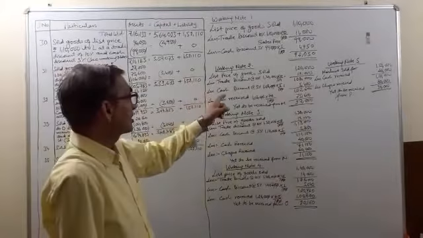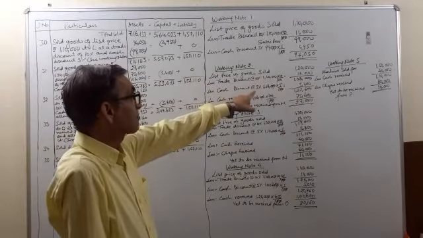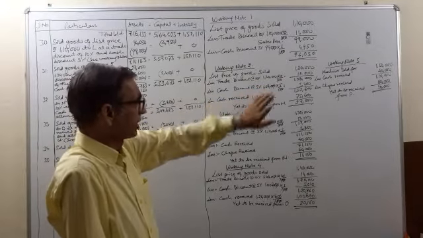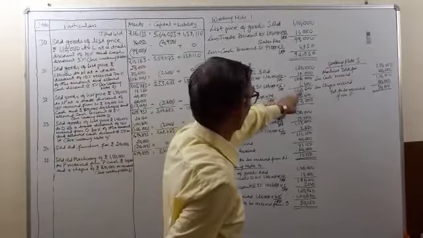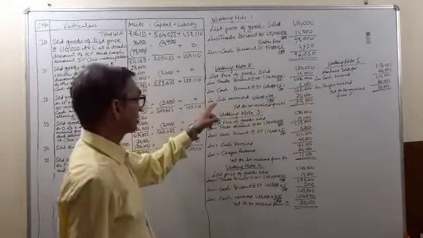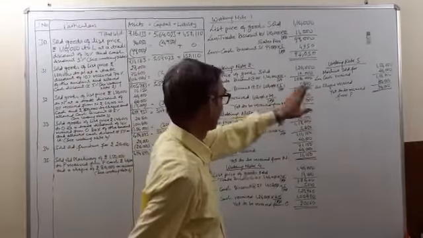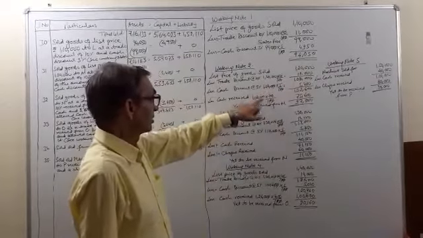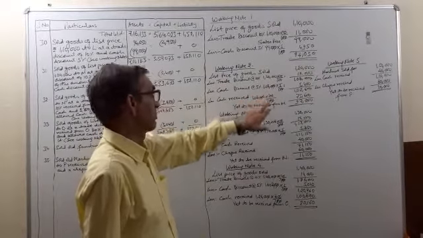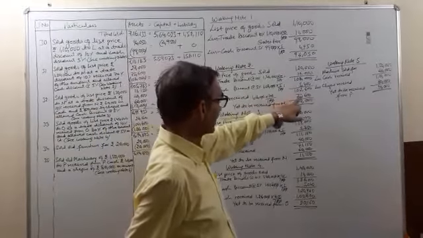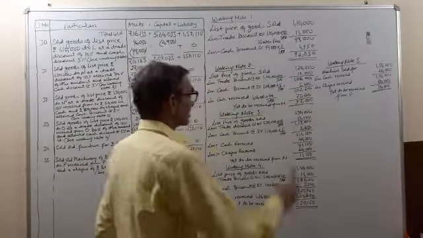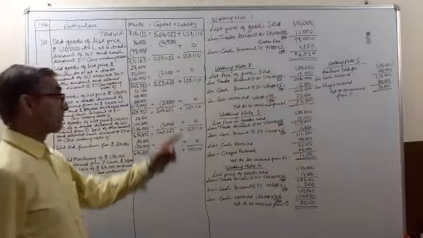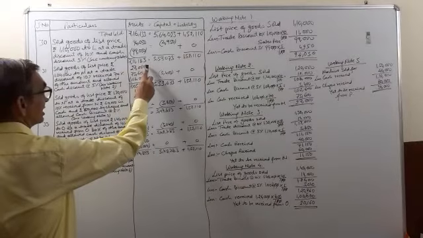Now cash discount is 5%. 5% of 1,08,000 comes to 5,400. Amount left is 1,02,600. And the cash received is 75,600. That is 1,08,000 70%. It is 75,600. So the balance yet to be received from M is 27,000. So M becomes our debtor by rupees 27,000.